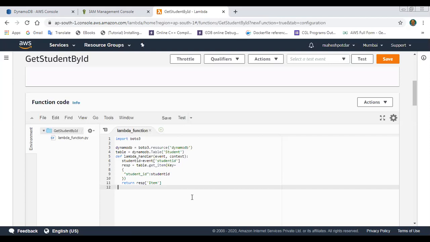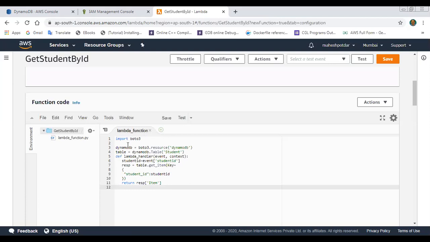So this is the code. I have imported the library provided by Amazon Web Services. For database connectivity, dynamodb equals boto3, the name of the library, dot resource, and I'm using the resource provided by DynamoDB. The Boto3 documentation is available on Google.